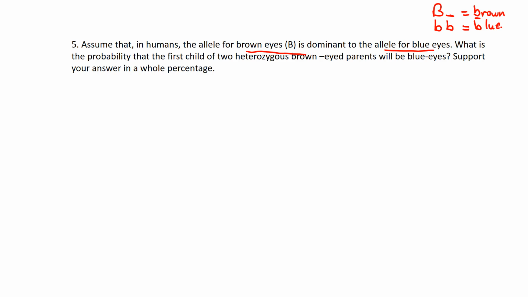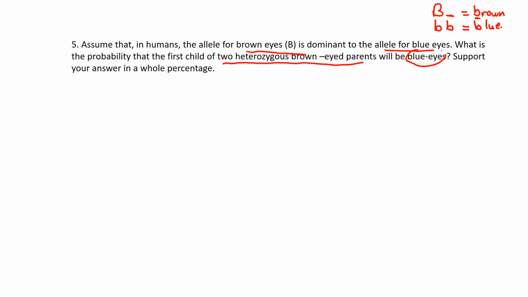Okay, so you take the small case letter of the dominant trait. In this case, brown is the dominant, so it gets little b's. Now, I know blue starts with a B anyways, but it won't always be like that. So that's generally how you work it out for the legend there. So there's your legend. Now, it says, what is the probability that the first child of two heterozygous brown-eyed parents